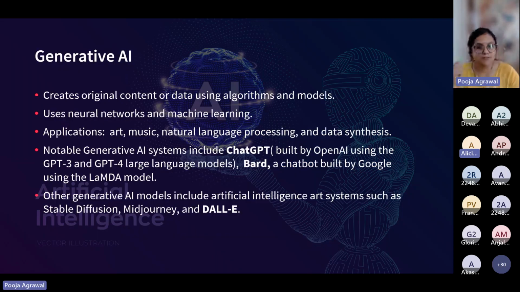So we'll talk about generative AI. It does create original content, and it does so with, let's say, two neural networks competing with one another. The interesting part is you are able to reproduce something for which the model has not even been trained.